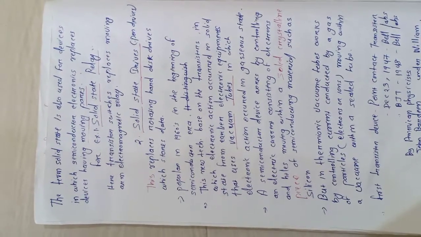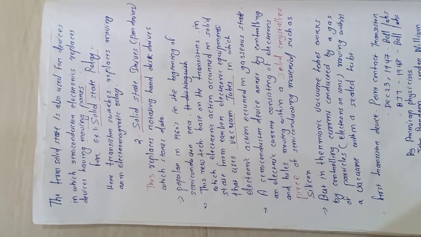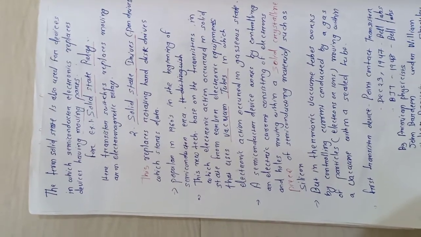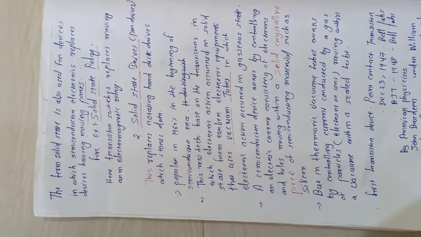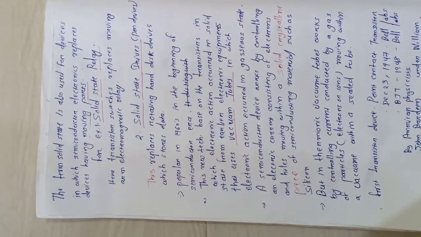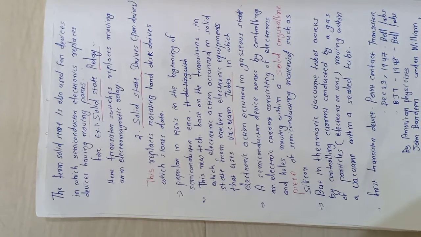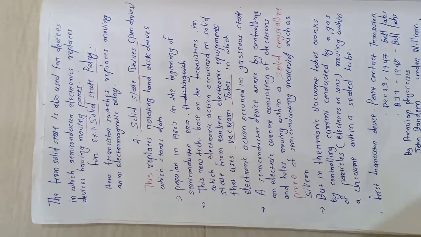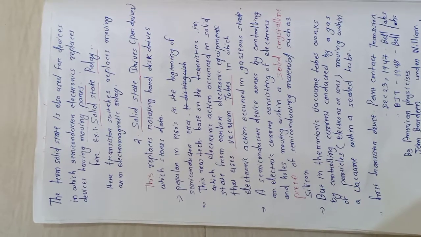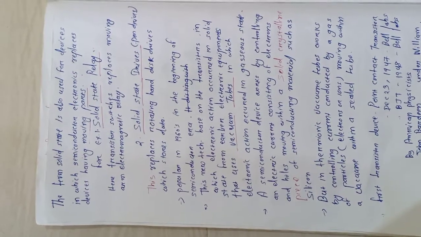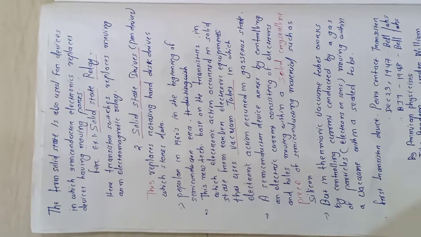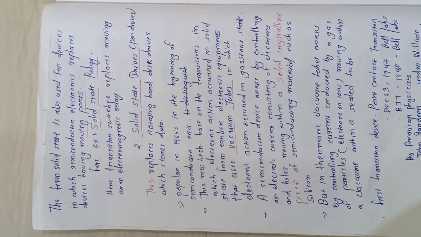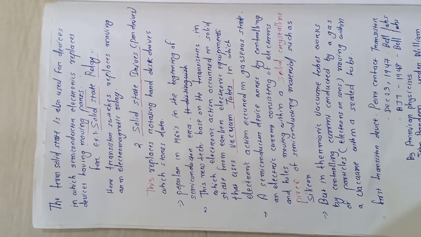And the second example is solid state drives. सो इनिशियली आप लोग को पता है हम लोग जब कुछ स्टोर करना चाहते हैं कंप्यूटर में, एक तो डिस्क आता था. So the disk is rotating in nature. सो अभी क्या आ गया? हमारे पास पेन ड्राइव आ गया. सो हम लोग अभी क्या कर रहे हैं? वो पेन ड्राइव से सब कुछ डाटा हमारा स्टोर कर रहे हैं. So solid state drive is nothing but those pen drives. This replaces rotating hard disk drives which store data.